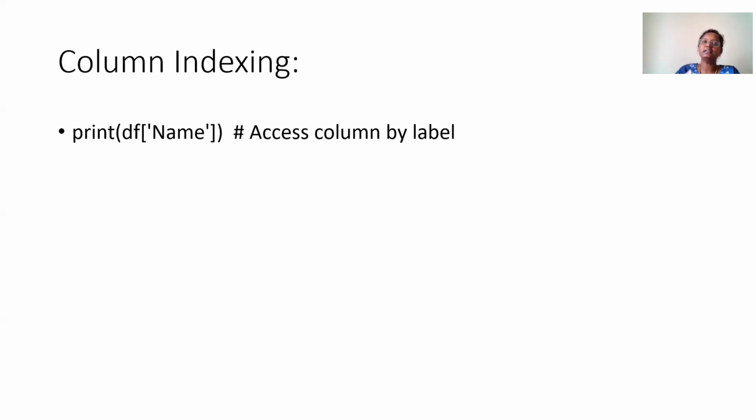Here the column is labeled as name, and under the name label, we have multiple students' names. If you want to extract the name column alone, you use print of the data frame, and inside the quotes, you give the label name. If you give that, it will display the column values.